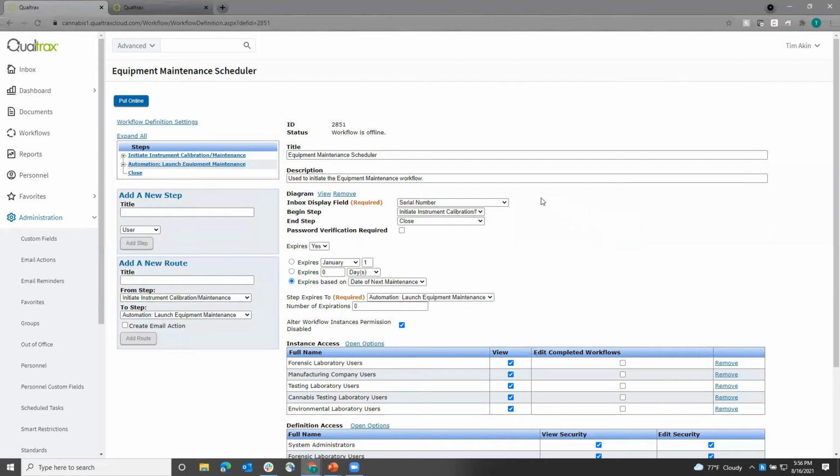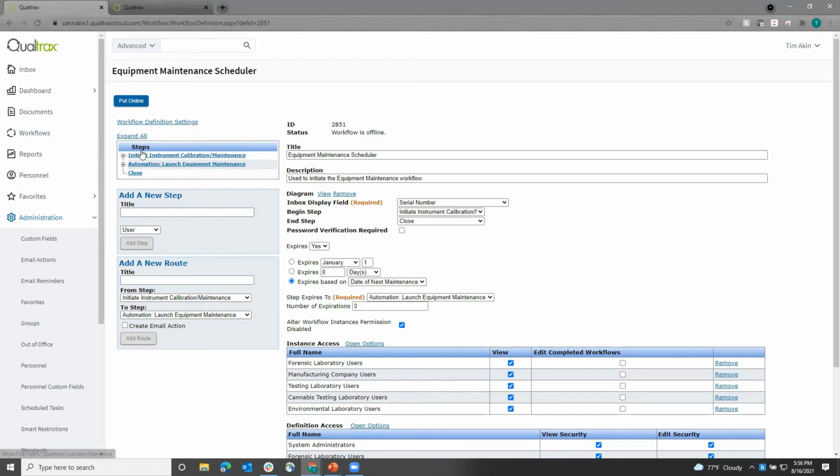Well, a couple of things. One in this workflow is, along with this automation, what we want to happen is we want to put a hold on this automation from launching the next one